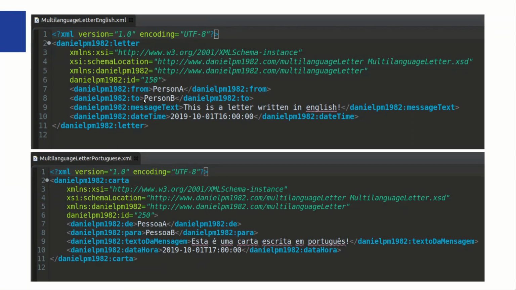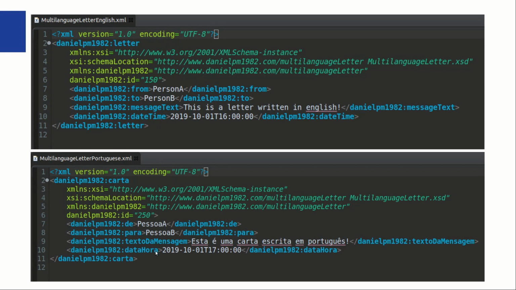And as you see, all of them have English names. But on this second XML instance, which implements the same XSD document as the first instance and directs to the same target namespace using the same custom prefix,